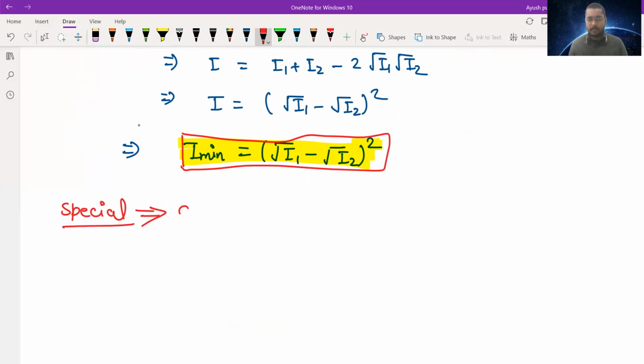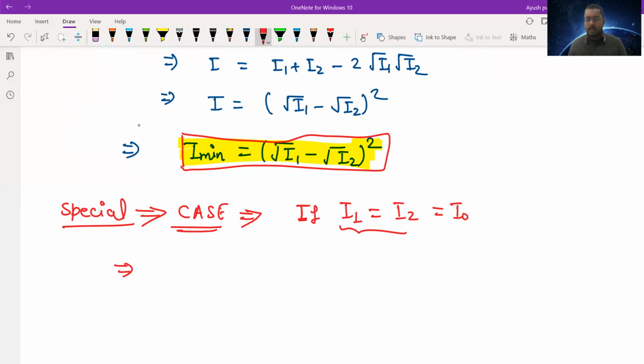Special case is this. If the intensity of the individual waves are the same, let's say the intensity of I1 is equal to I2 is equal to I0, meaning I have taken the intensity of these two individual waves the same, I0. If I put this intensity in case 1 that we discussed before, in the maximum intensity equation,